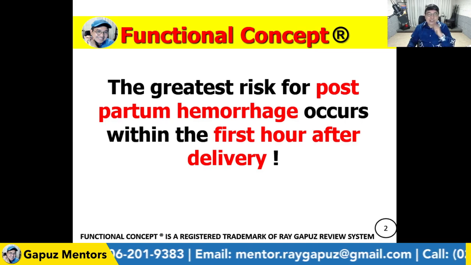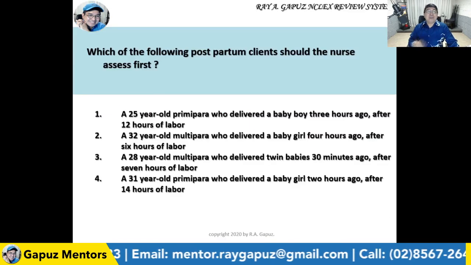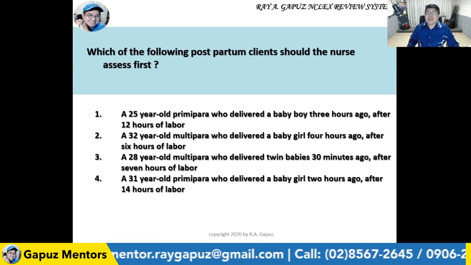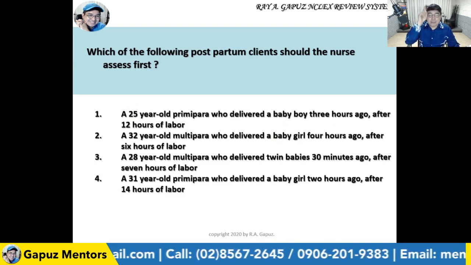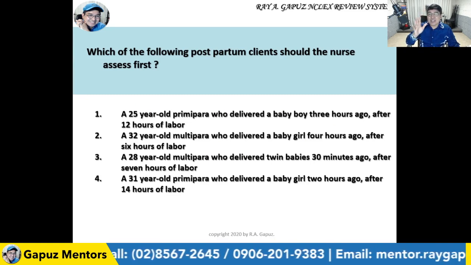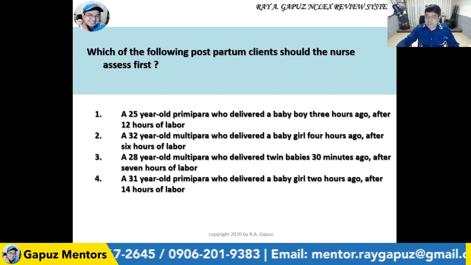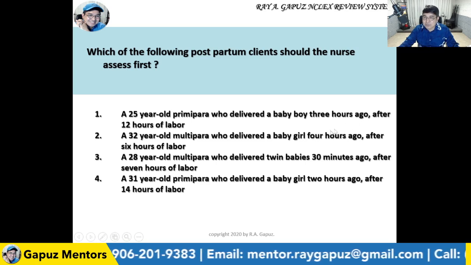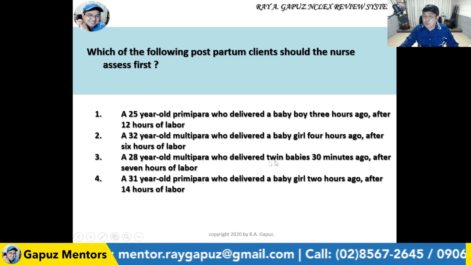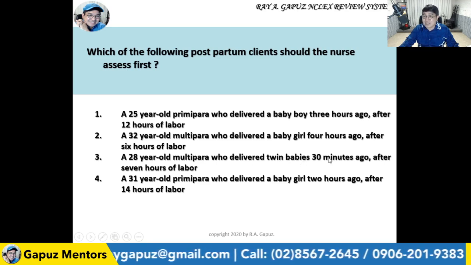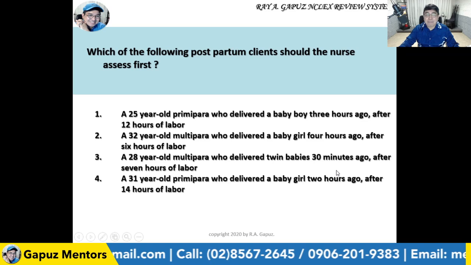Okay, let's go back and answer the question. Which of the following postpartum clients should the nurse assess first? Now we know what to look for. We will look for the postpartum client who just delivered an hour ago or less. This is 3 hours ago. This is 4 hours ago. This is 30 minutes ago, and you have twin babies, so they are at risk for uterine atony and postpartum hemorrhage. This is 2 hours ago. The best answer,